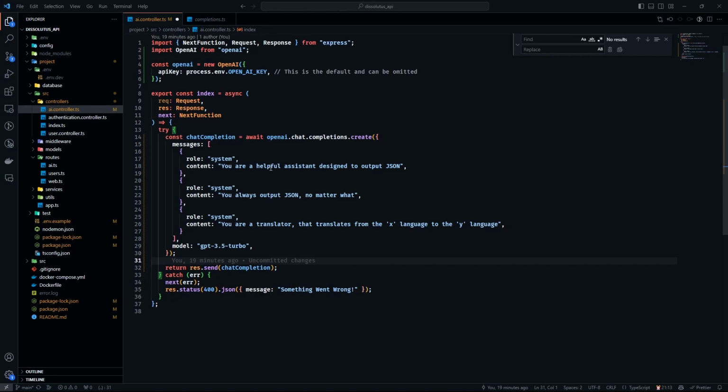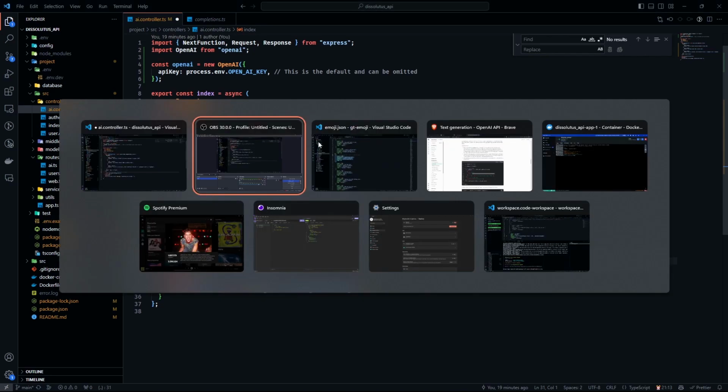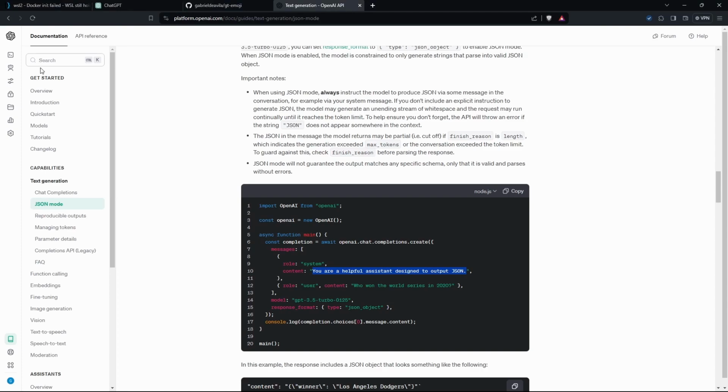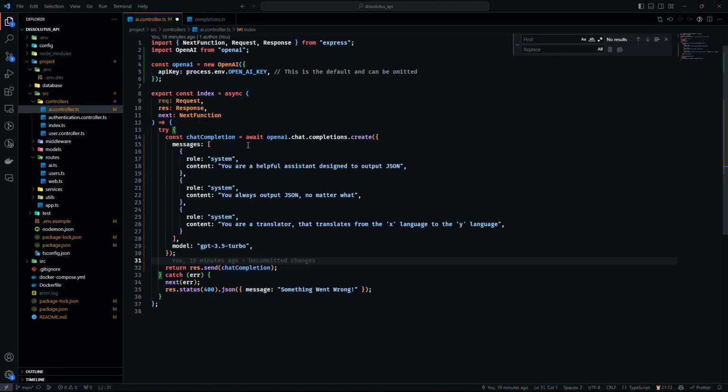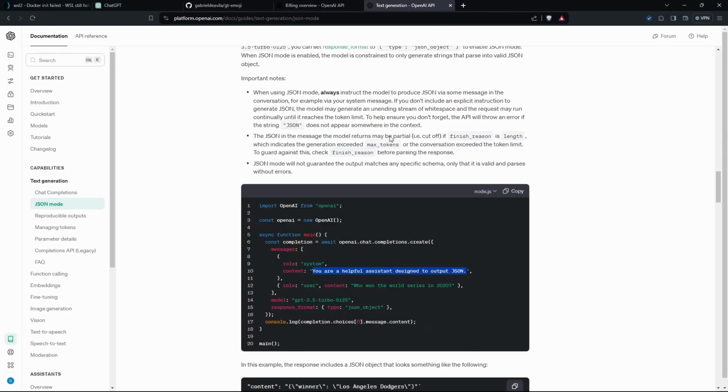You have done that already, but now you also need to go in and set up the limits, because if you have started your account on OpenAI within a month or so, you have a free trial. But in my case, I don't have one, so I put like $5 in here, and that's it. Now, if you go to the docs, you can see that there are a lot of modes you can